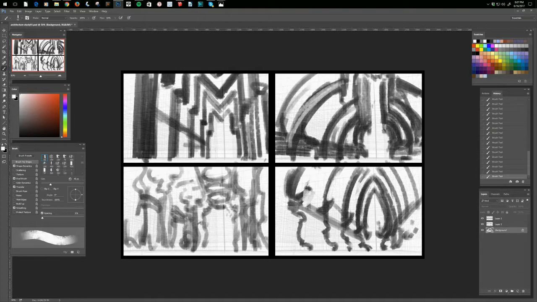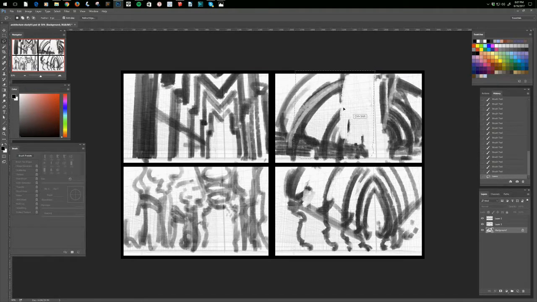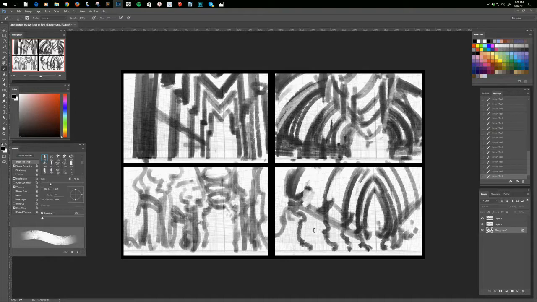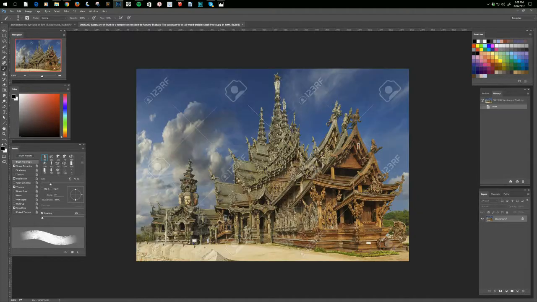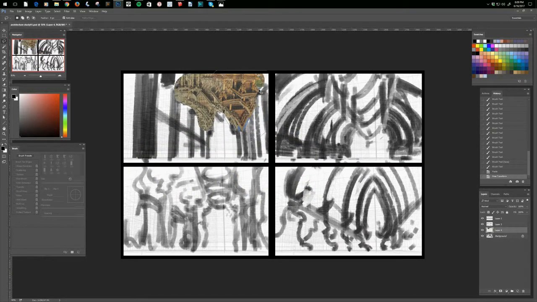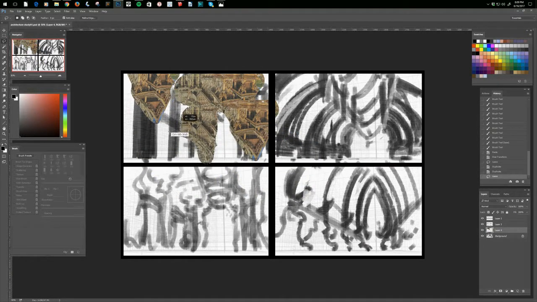And then both of the ones on the right ended up being more about a curvilinear kind of language, and the ones on the left are more about 90-degree angles or very square sorts of patterns. Speaking of patterns, I just want to shake up my design process a bit